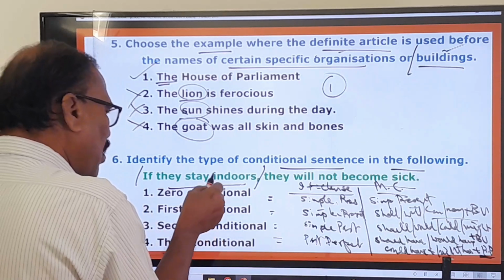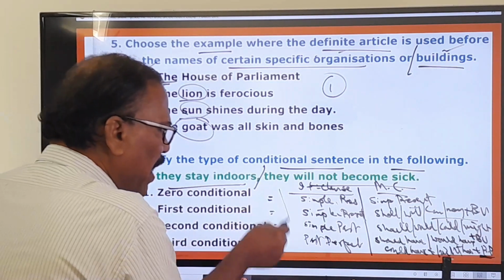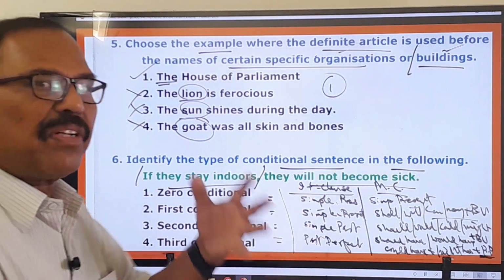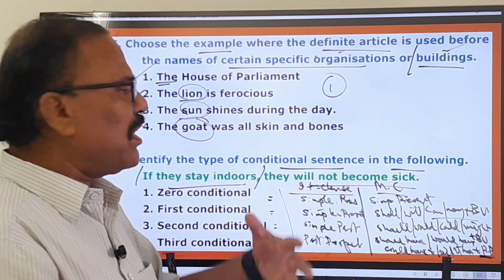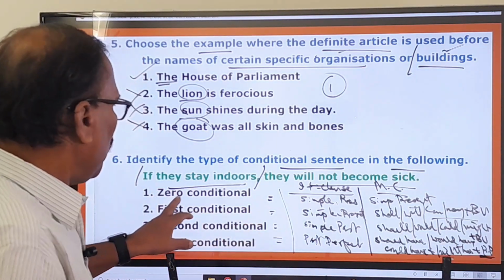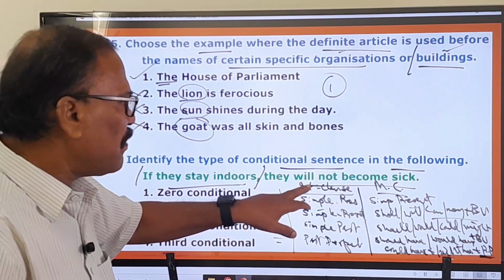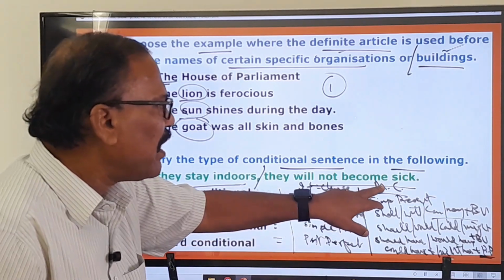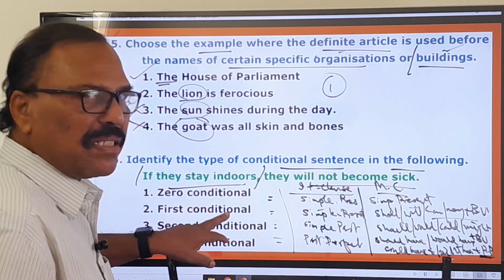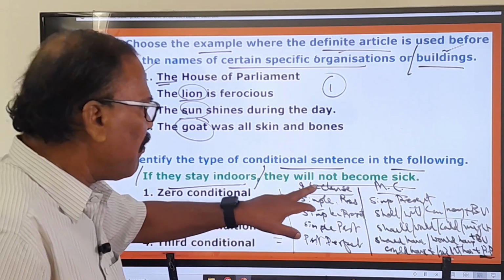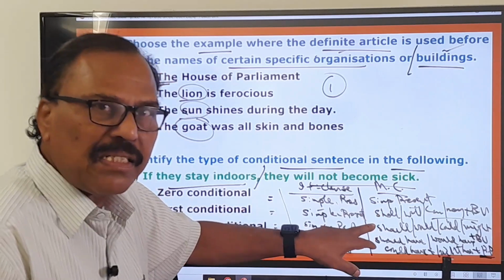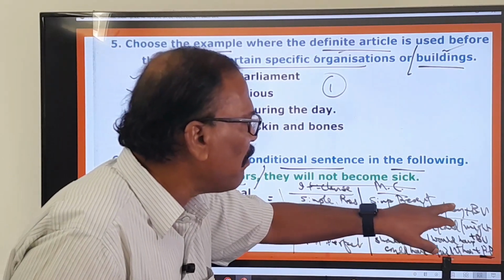So in this way, in all the four conditional sentences, this is the pattern. I have taught you about these conditional sentences. If time permits, you can watch that video and get a complete picture about conditional sentences. In the zero conditional sentence, in the if clause part, simple present tense will be there. In the main clause, again simple present tense will be there. In the first conditional sentence, that is the simple conditional sentence, in the if clause part, simple present will be there, and in the main clause part, a sentence with shall or will or can or may plus base form verb.